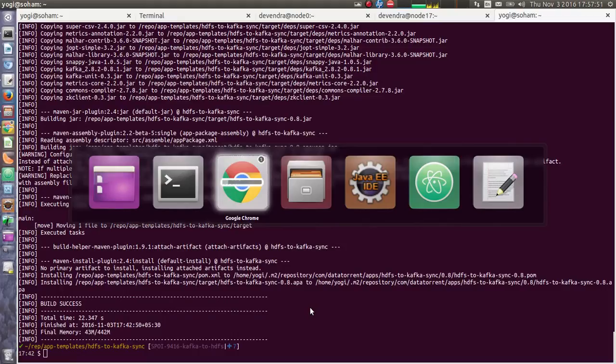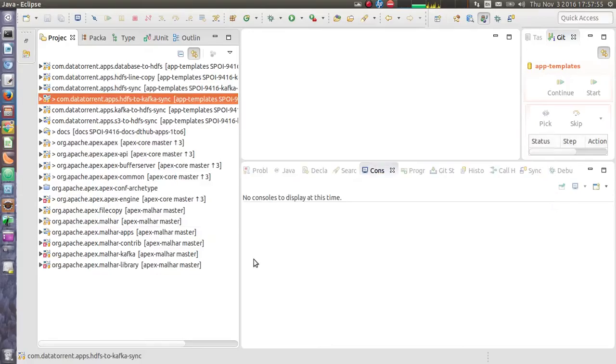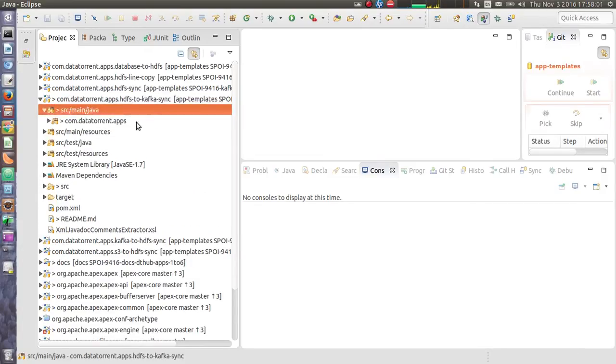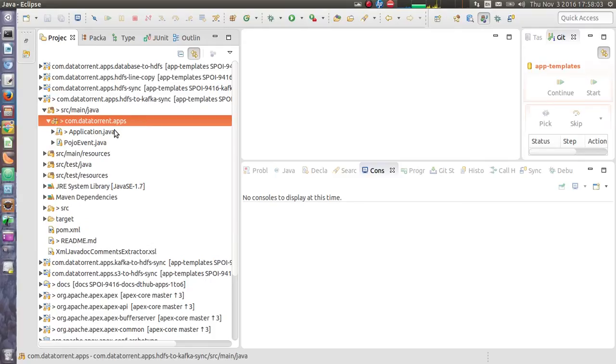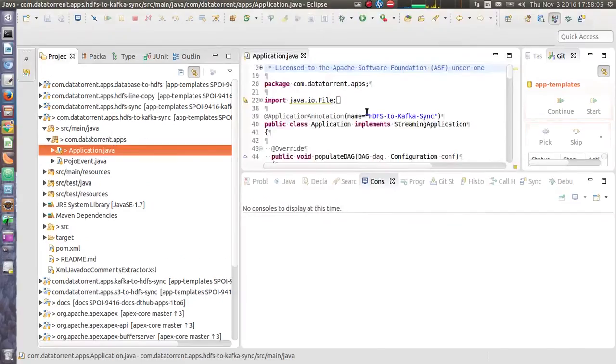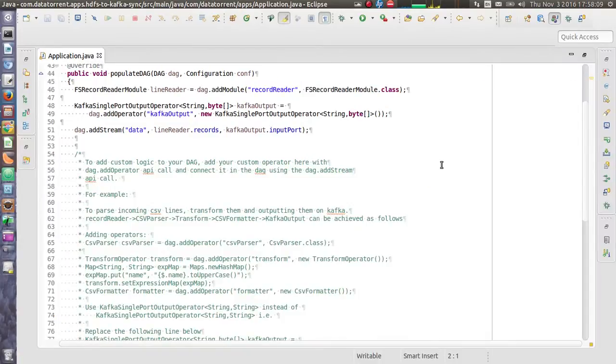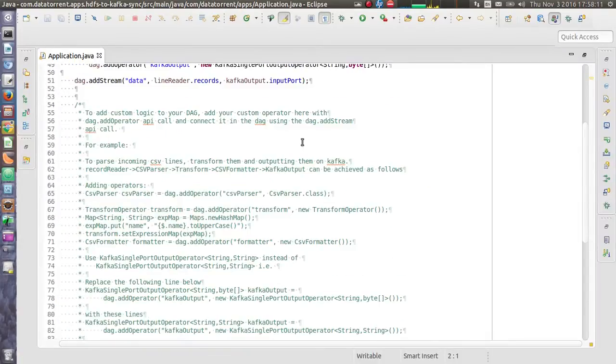It's DataTorrent/app-templates, and I have imported the corresponding project in my favorite IDE, which is Eclipse. Just for the introduction, let's have a quick walkthrough of the source code.